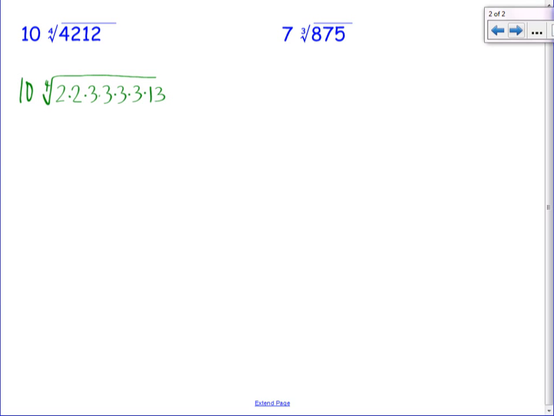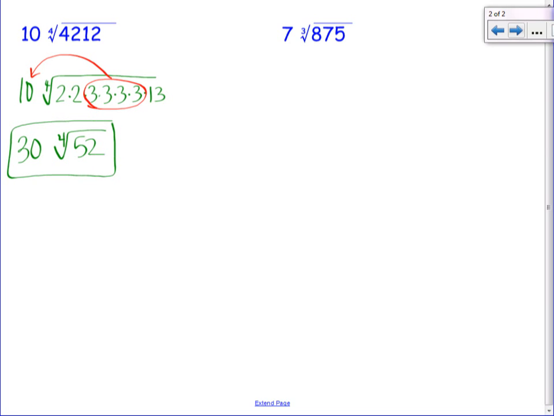Did we get this? Okay. So we take this group right here, making this 30, and the 4th root of 52. Make sense? Okay, then we'll move over here. The cube root of